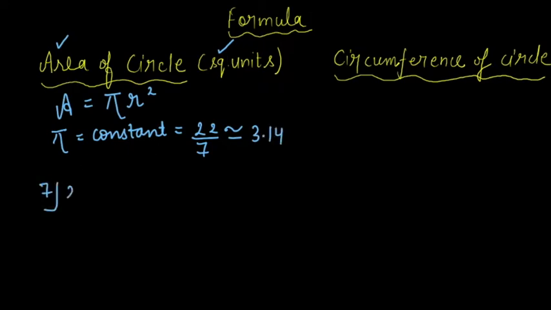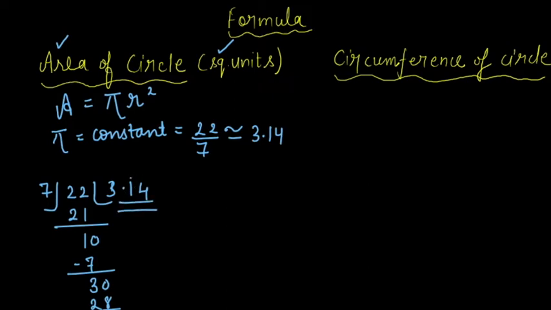How do you get it? If you divide 22 by 7, you see 7 threes are 21. 1, you need to place a decimal, a 0. 7 ones are 7. 10 minus 7 gives you 3, another 0, and 7 fours are 28. So you are getting again the same number, right? It will make 20. So we take an approximate value till 2 decimal places, and this is the sign of approximation, a flat line and a wavy line on the top of it. So we say the pi value is 22 by 7, which is approximately equal to 3.14.